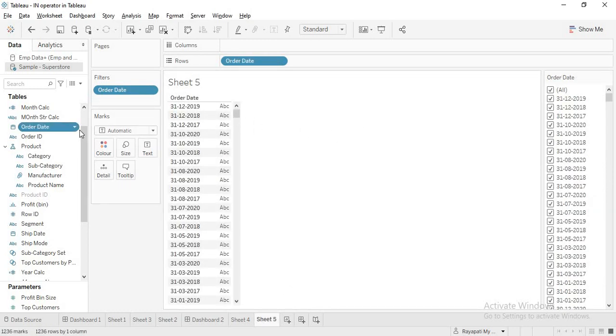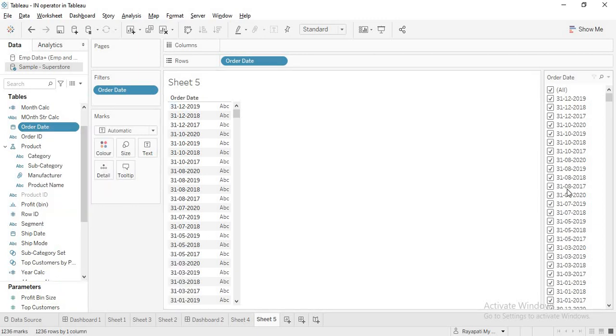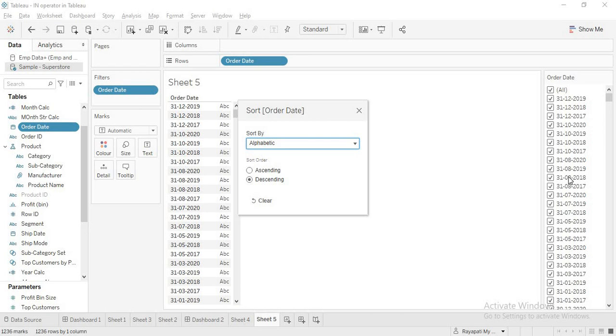Now till now, what we have seen is that if you make any changes in the order date, any sorting in here, the default sorting, that is not getting affected here. But now you see, guys, when I change, these are getting changed. Now even the data source order is getting changed.